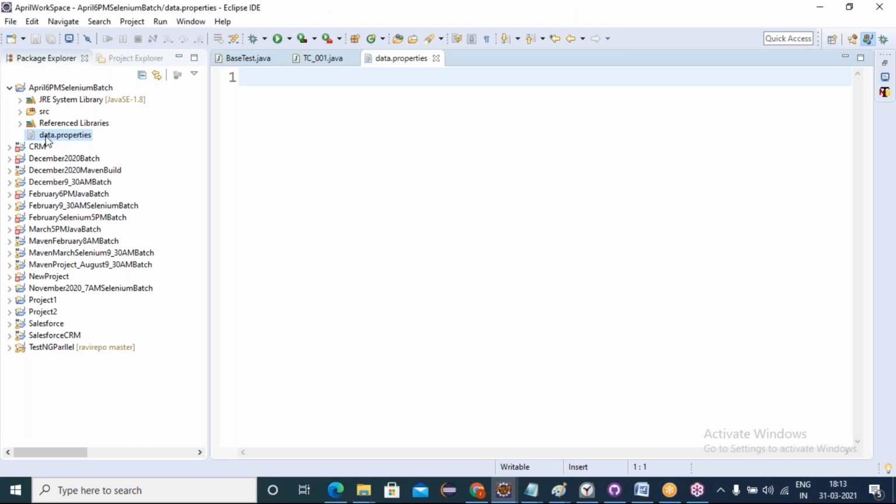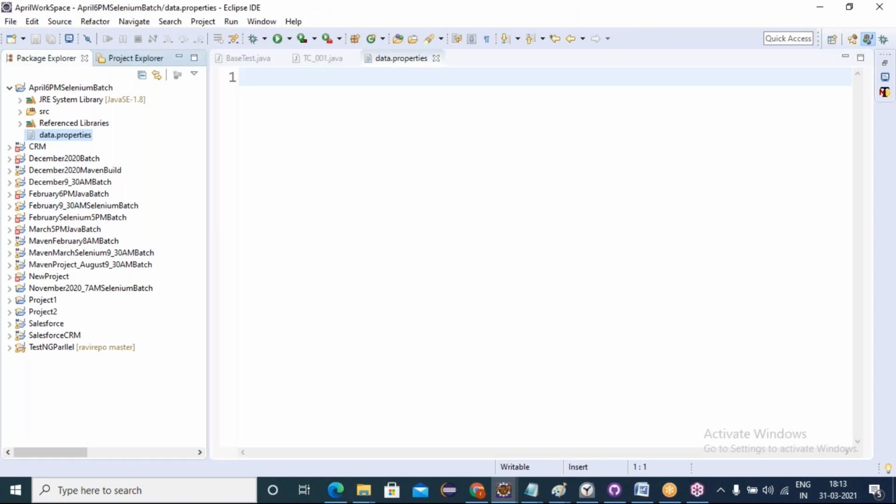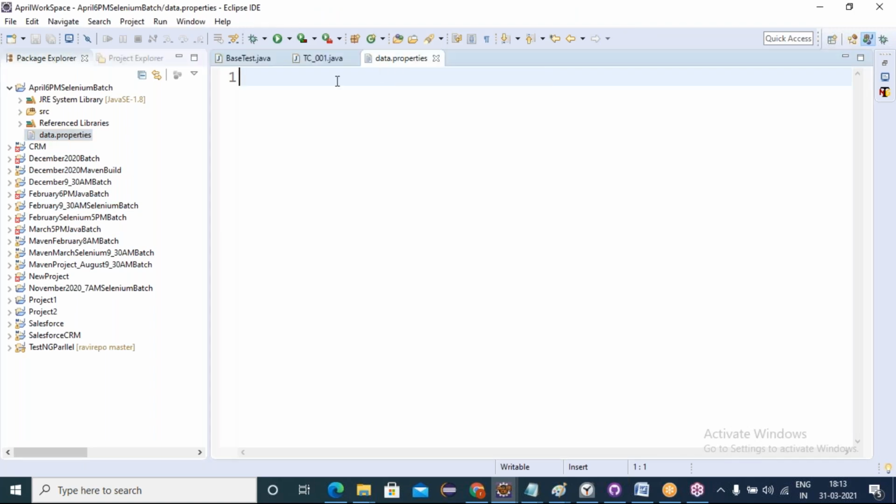See, a txt file and a properties file look the same, like Notepad. Here we are storing data in the form of key-value pairs. Keys and values are both string type. So friends, in Notepad we cannot comment statements, but in a properties file we can comment statements, by giving a hash symbol or an exclamation mark. Either of them represents that the statement is commented, which will not be part of the execution.